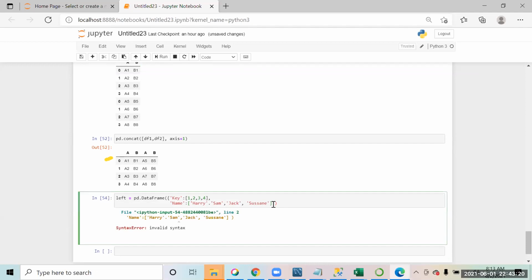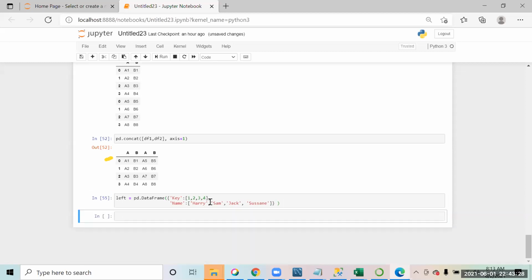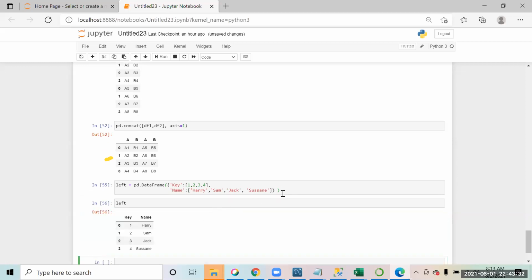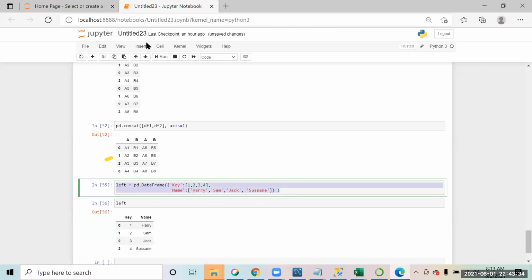It's comma after Harry, bracket. So the same way I can make another data set.